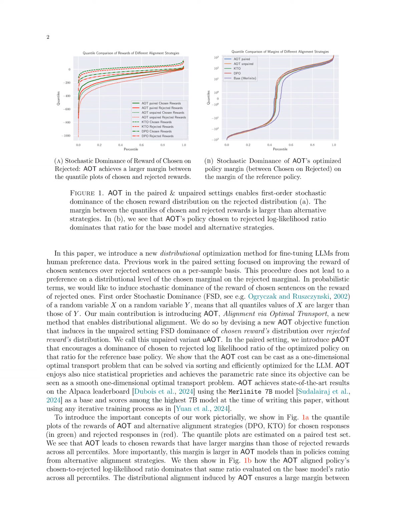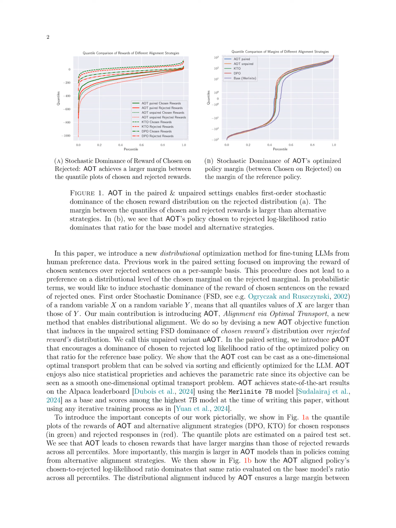The proposed method, AOT, works by inducing distributional alignment between chosen and rejected responses in language models, LLMs, based on human preference data. The process involves devising an objective function that enforces first-order stochastic dominance, FSD, of the chosen rewards distribution over the rejected rewards distribution. This alignment is achieved through a convex relaxation approach that minimizes the violation of FSD using a